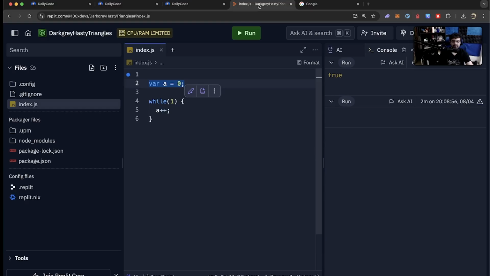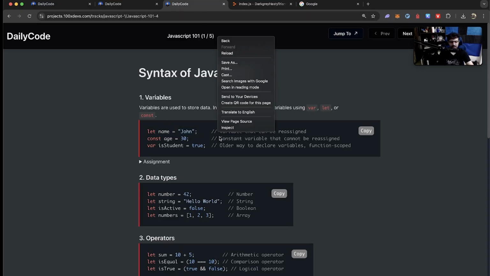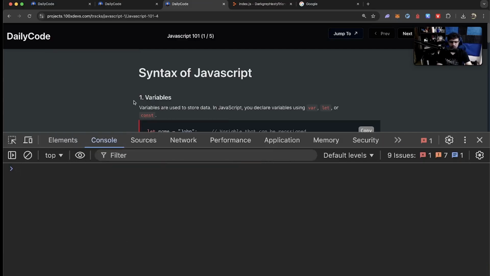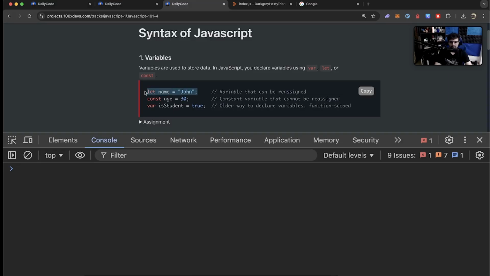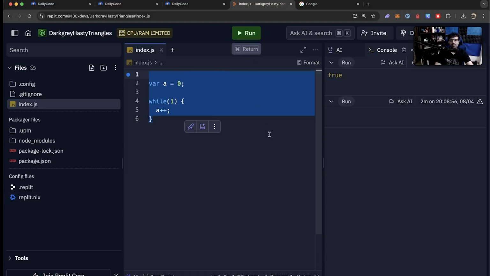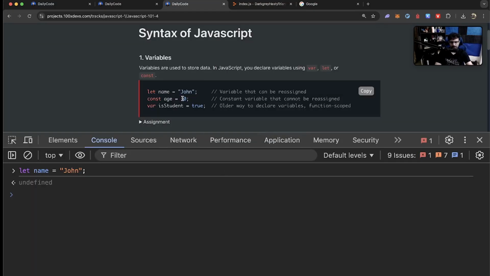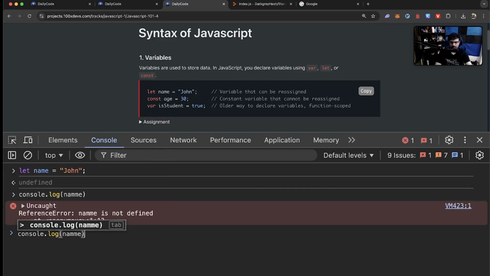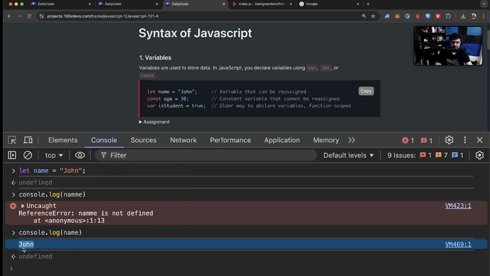Let's go to Replit. If you want to run it locally, run it locally. If you want to run it on Replit, you can run it on Replit. If neither works, then as I said, right click, inspect, and start to write the code over here. If the code is let name equal to John, you can write it here as well. Here it will get compiled line by line. You can click on the run button and it'll run the whole thing. All right. If I do a console.log name, I see John over here.